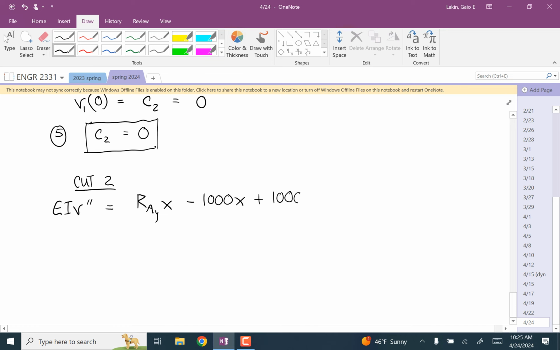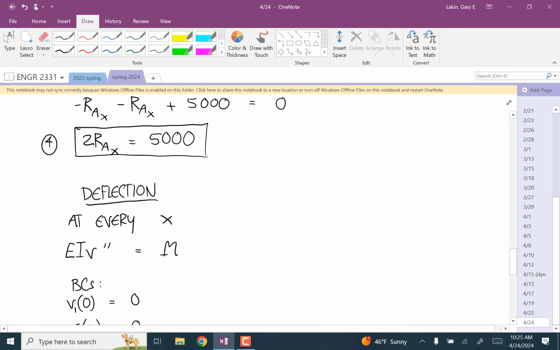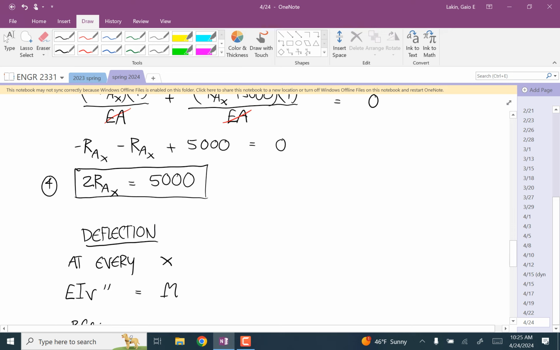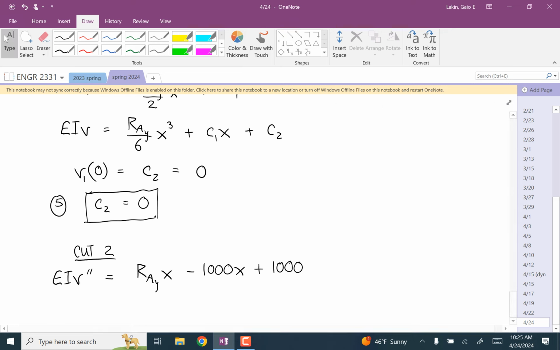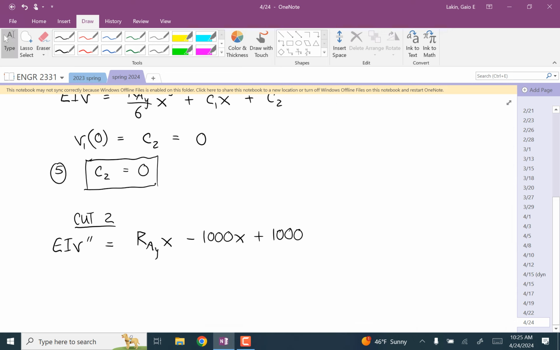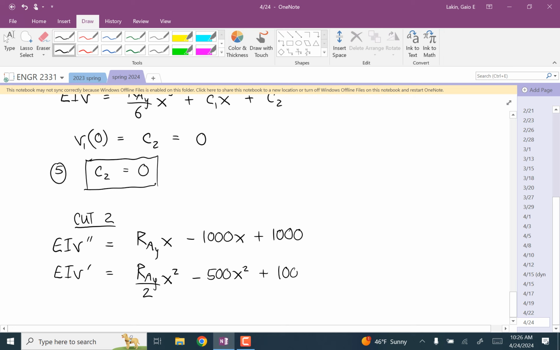Is that what it was? Yes. Integrate once. So you get RAY over 2 X squared minus 500 X squared plus 1,000 X plus C3,